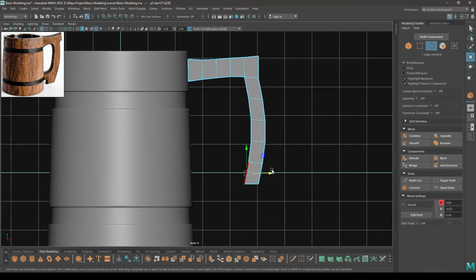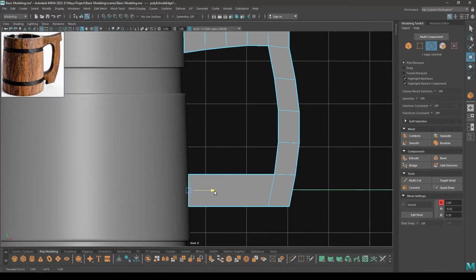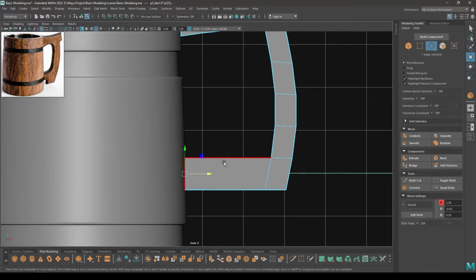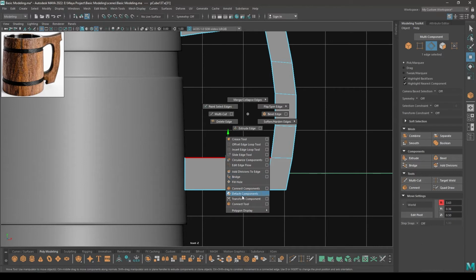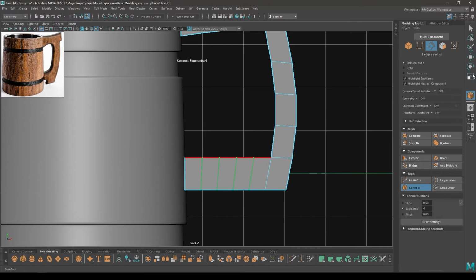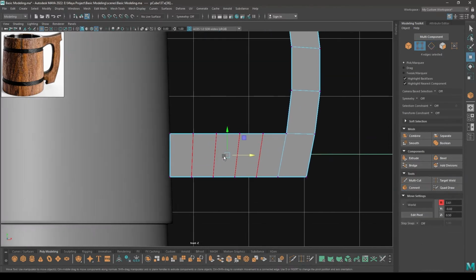Again select this edge and extrude, scale it like this, place it on the cup, then add some segments with the connect tool. Go to vertex mode and select these vertices, then scale.